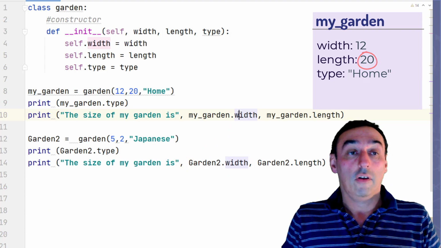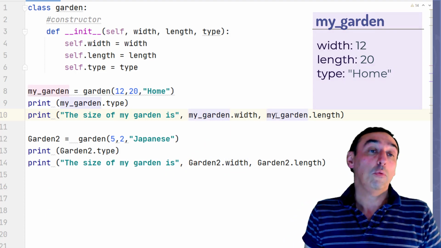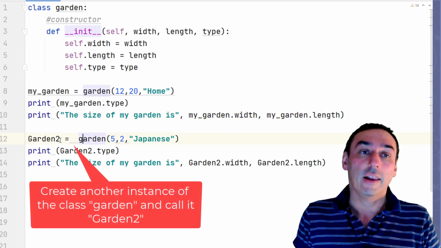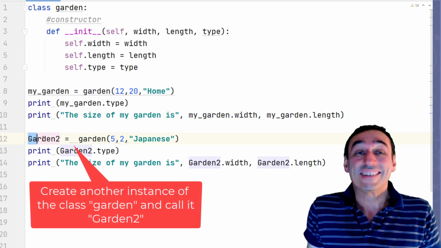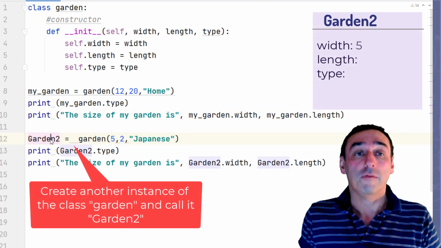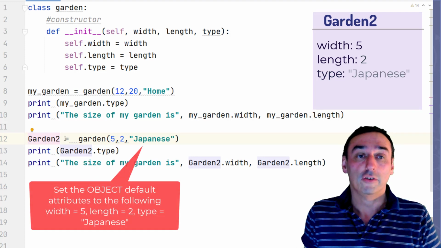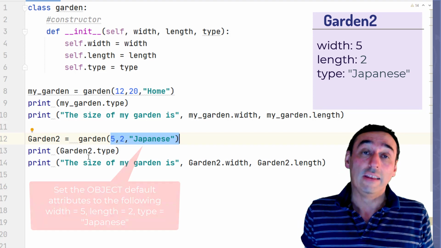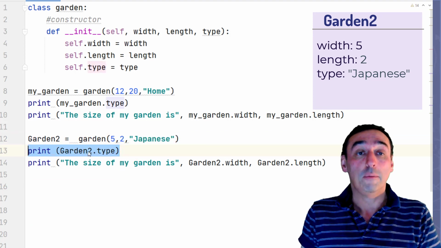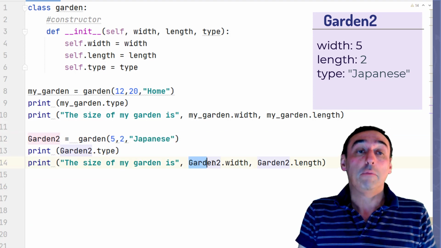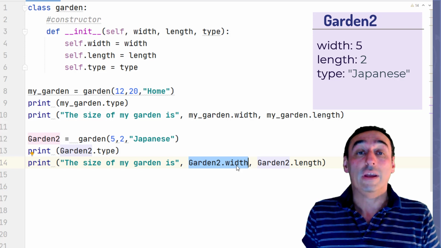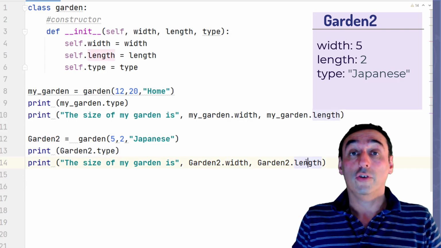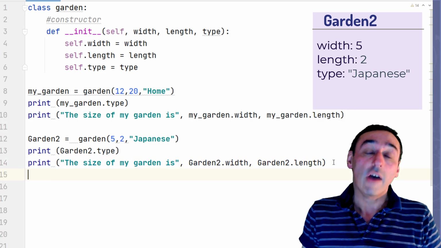So in the next line of code, line 12, again we're creating another object called garden2, which again uses the same class garden. So instantiating the class again with the default values 5, 2 and Japanese. So the width is 5, length 2, type Japanese. We then print the object property type, which in this case will be Japanese, and then we say the size of my garden is the width, which is a property of garden2, and the length, which is a property of garden2. So now if we run this program,